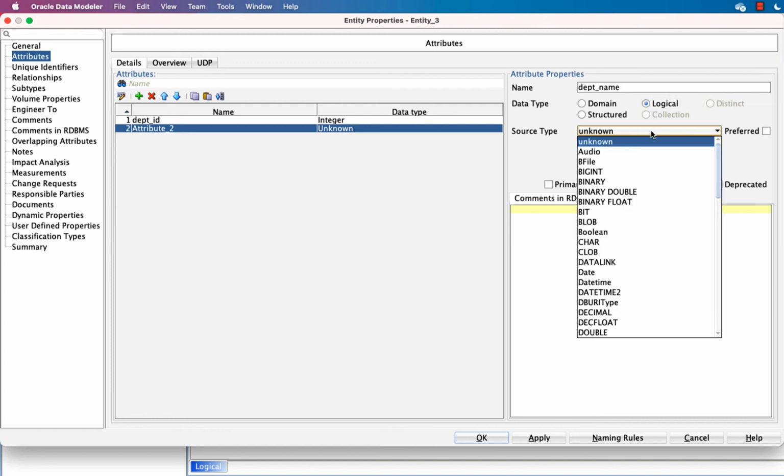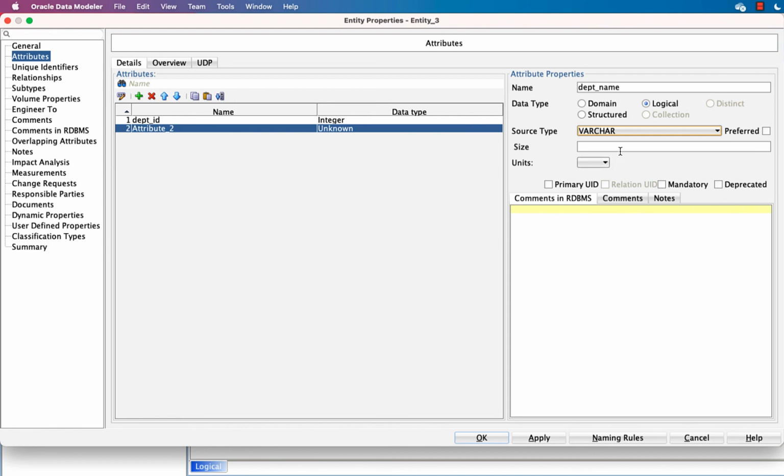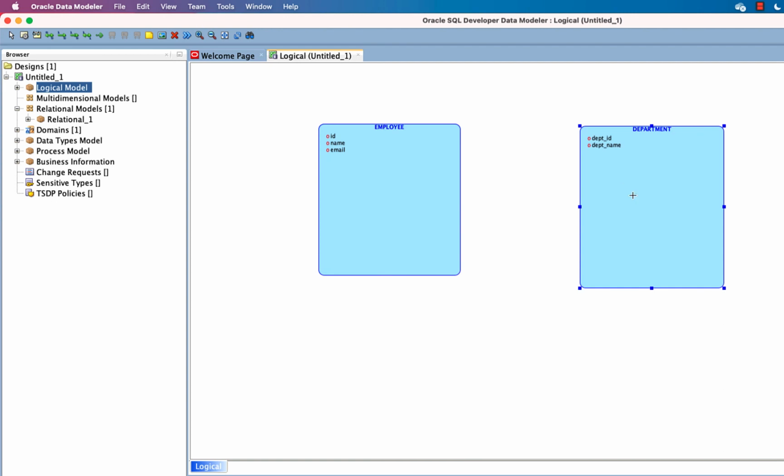Attribute names could be the same for other entities, that's fine, no problem, but for human readability it's a good practice if we can assign good names to the attributes. So for example, only 2 attributes. So now we have 2 entities.